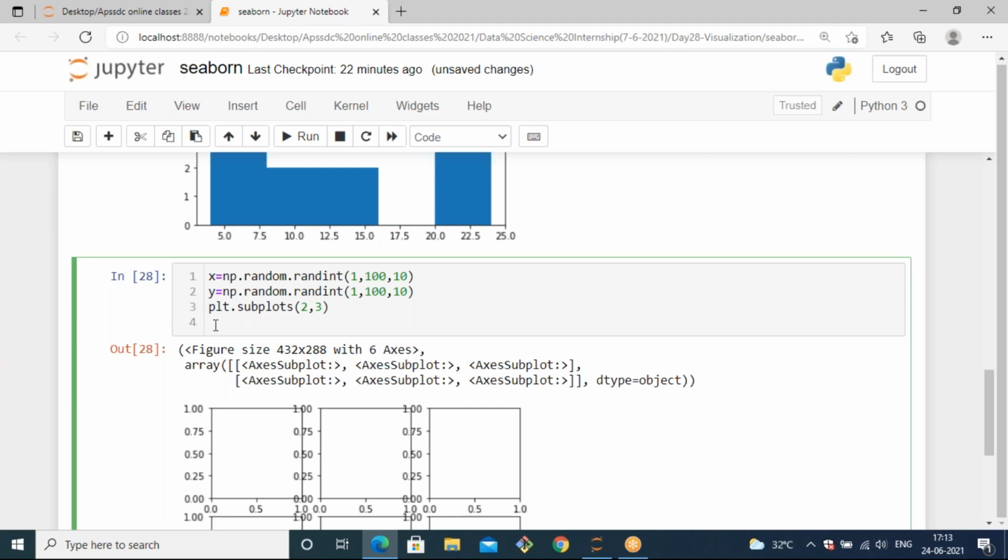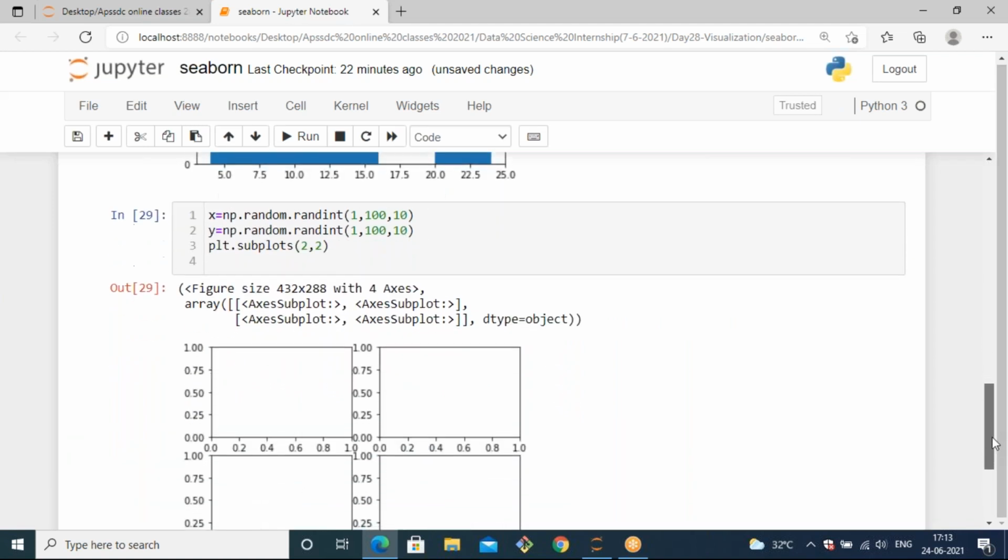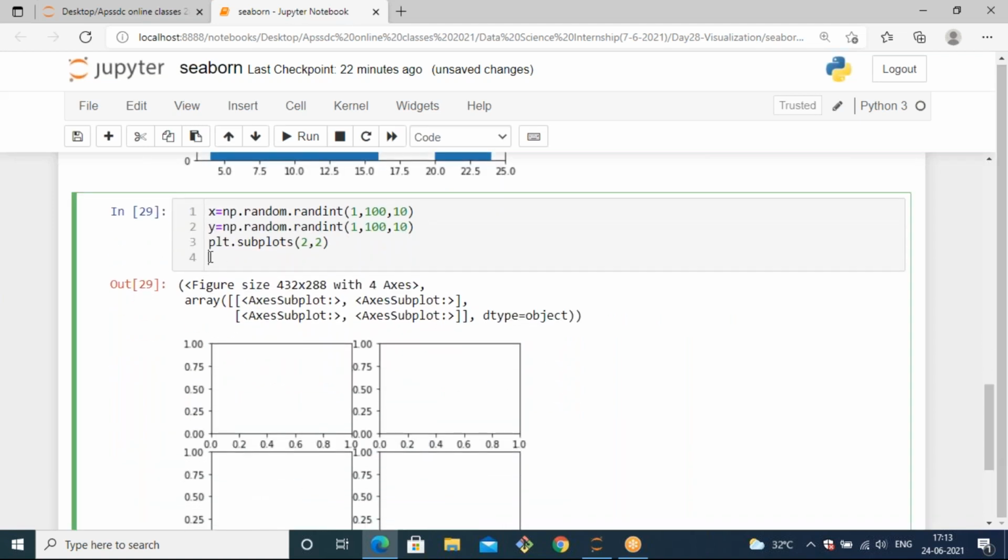Already I generated subplots with 2 by 3. That means I have totally 2 rows and 3 columns. Let's take 2 by 2. So it will generate 2 rows and 2 columns like this. And if I want to plot something in the first position of it, again you need to specify that subplot here, on which position you want to plot.